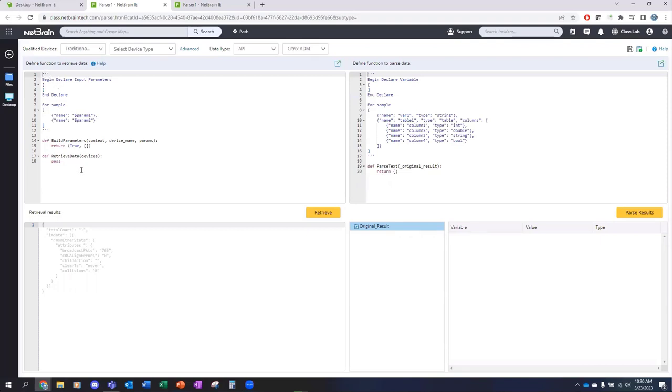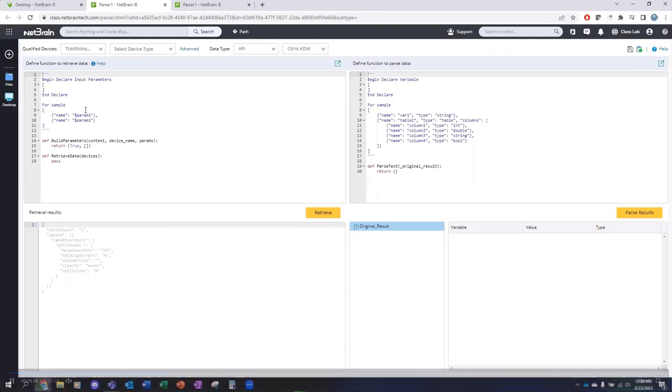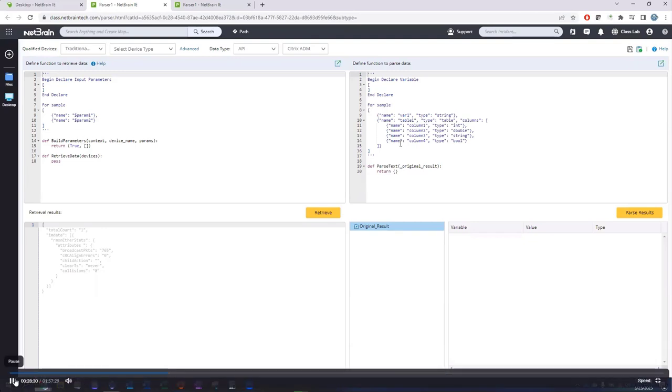So what's the function to issue to the device? Here's our results. Now, when they built this for API specifically, I think they assumed that if you can define a retrieval function, you'll be able to define parsing